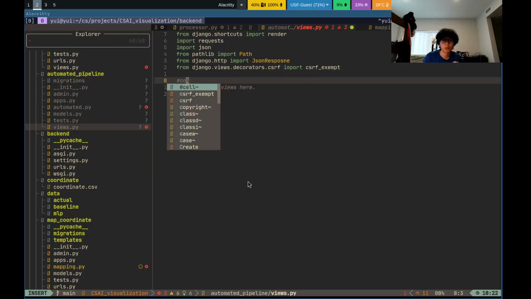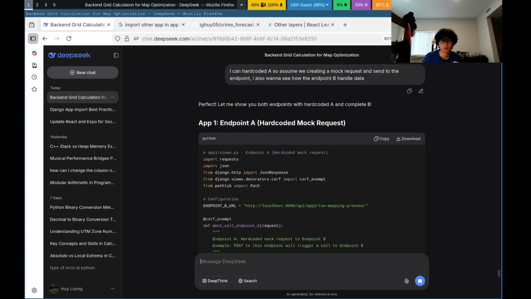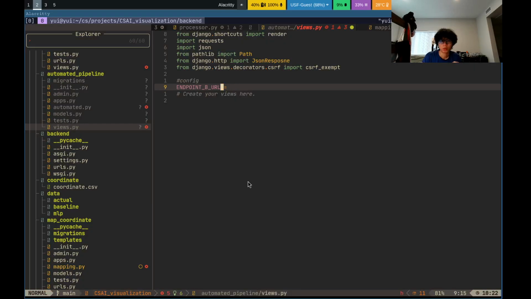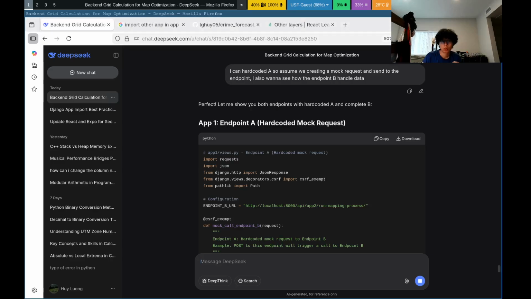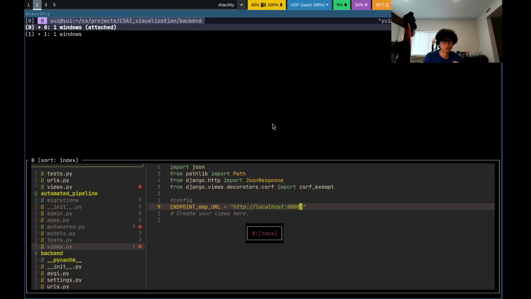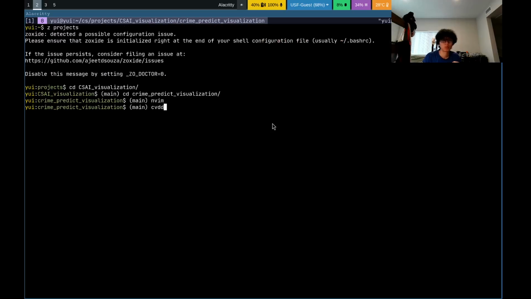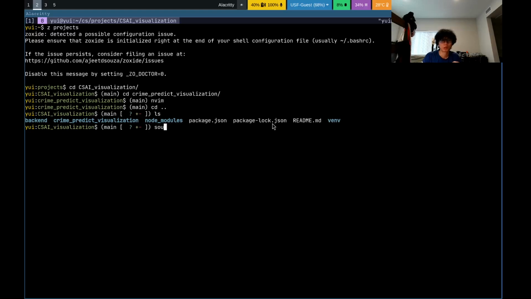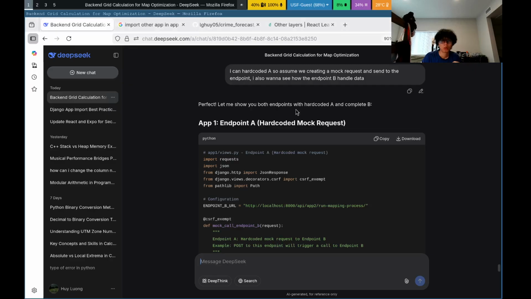with our endpoints, and our endpoint URL will be equal to slash post 1000 slash API slash, sorry, yeah, backend, had to find here